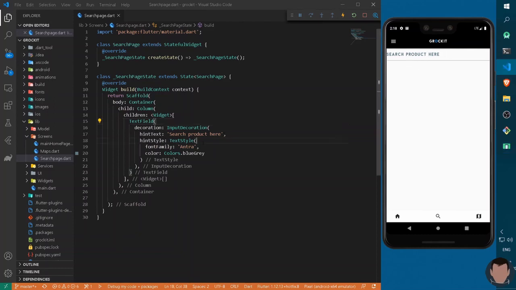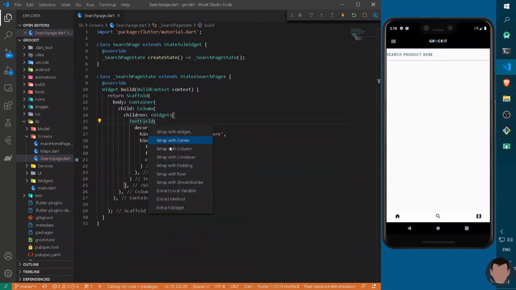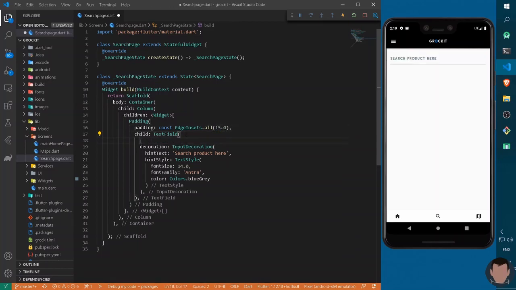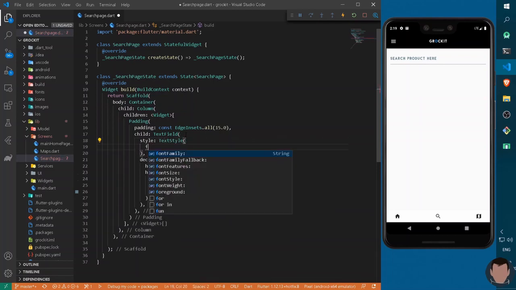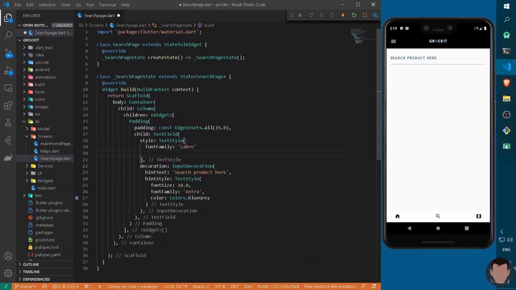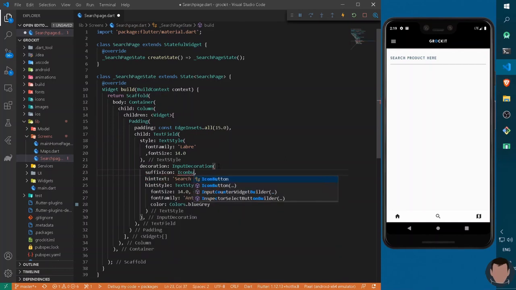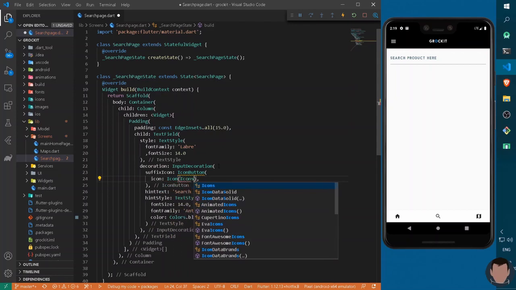So I can simply change some font size. So I can make it 14, and give some padding to our entire text field from all sides, let's say 15. And similarly, we can style our input text. So I can write TextStyle, font family to be Libre. Also, let's make the fonts equal by making the font size 14. Now let's give some more trailing decoration to it, that is a suffix icon to be an IconButton, so that we can clear the entire text from here. For that I can write Icons.clear,